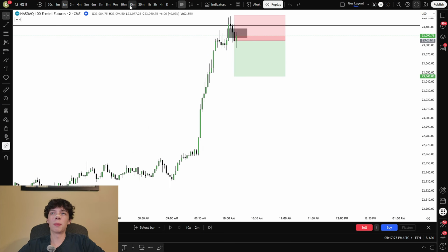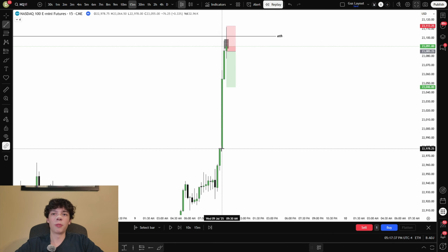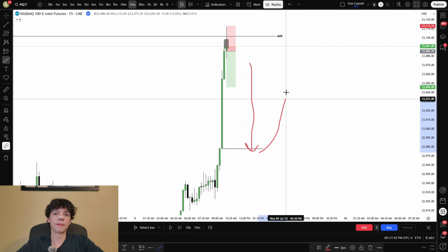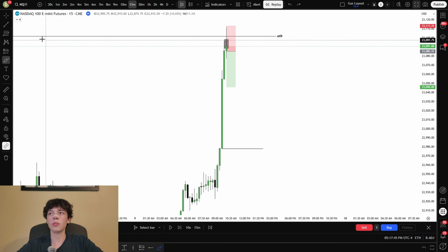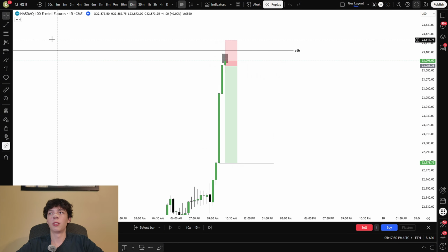We want to up our time frame to around the 15-minute, and we're going to look for a fair value gap. Well, we see there's one right here, and we're going to be marking out the highs of these bullish gaps. Because what is price likely to do? Do that, okay? So we're going to be putting our take profit at this level while having a break even